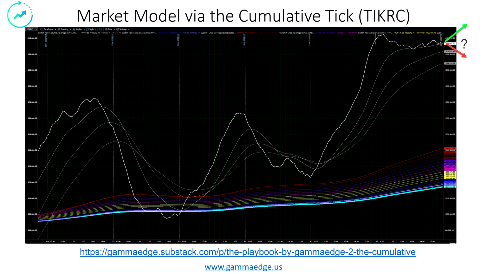The market model via the cumulative tick, this is really three things that are superimposed here. We are starting to get a little bit of an uptrend that the eye can see in the longer term ribbon. That's good. And you can see they're starting to get pulled upward by this white line being above them. This is bullish. There's just no other way to describe it. We've backtested this several ways and have presented the results in the Discord many different times. And anytime the CT remains above the ribbon, that is a bullish expansion, and you expect pullbacks, daily pullbacks within a longer term